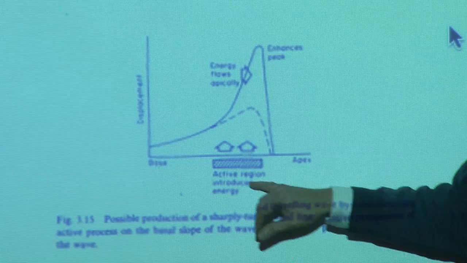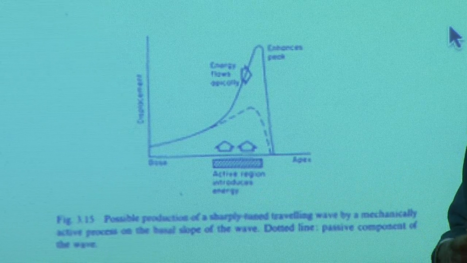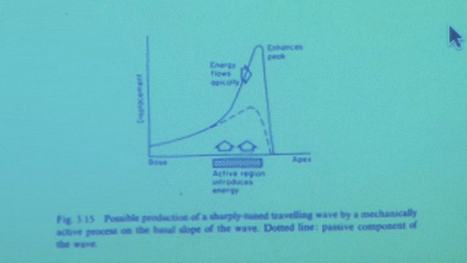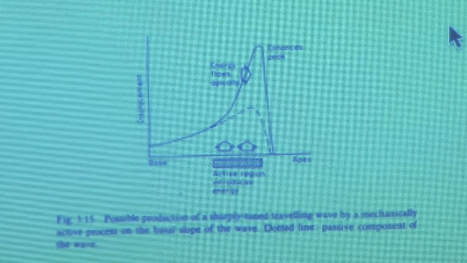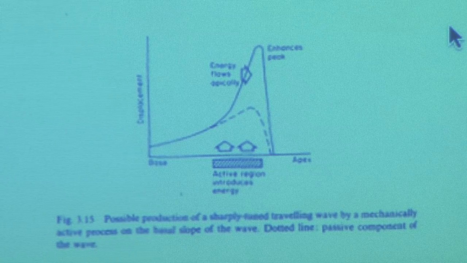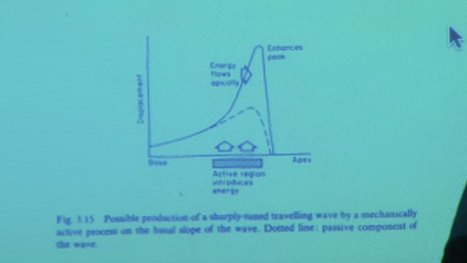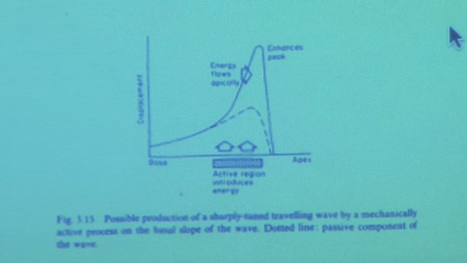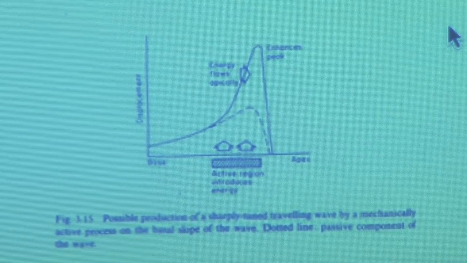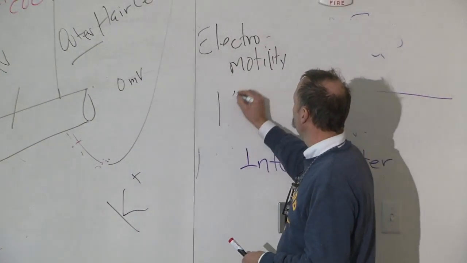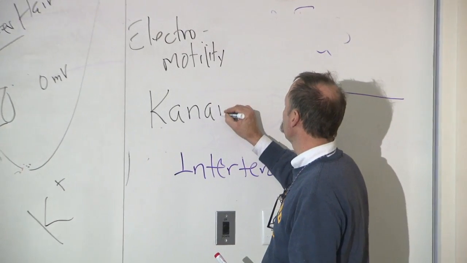And apparently the active region where the outer hair cells are most active is just basal to the peak of this traveling wave. And how do we know that? How do we know that the outer hair cell cochlear amplifier is very important? Well, there are actually situations when you can lose your outer hair cells and you have a pretty intact inner hair cell population. So in an animal treated with the aminoglycoside kanamycin,